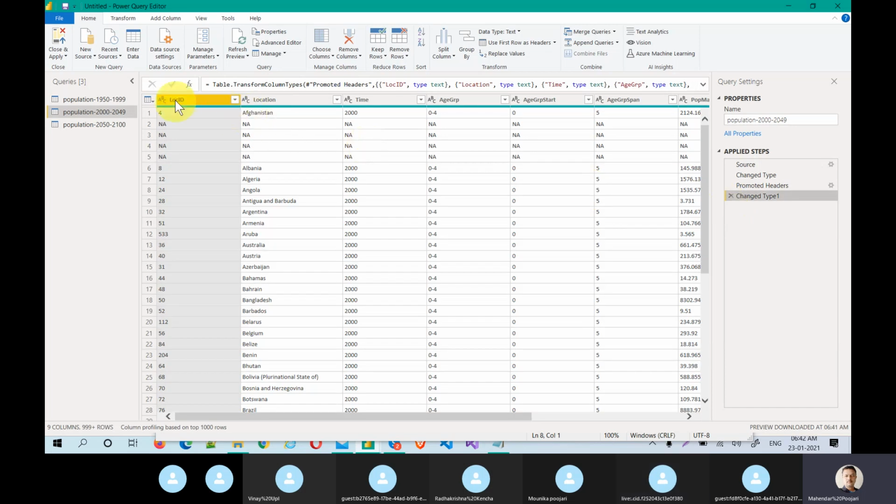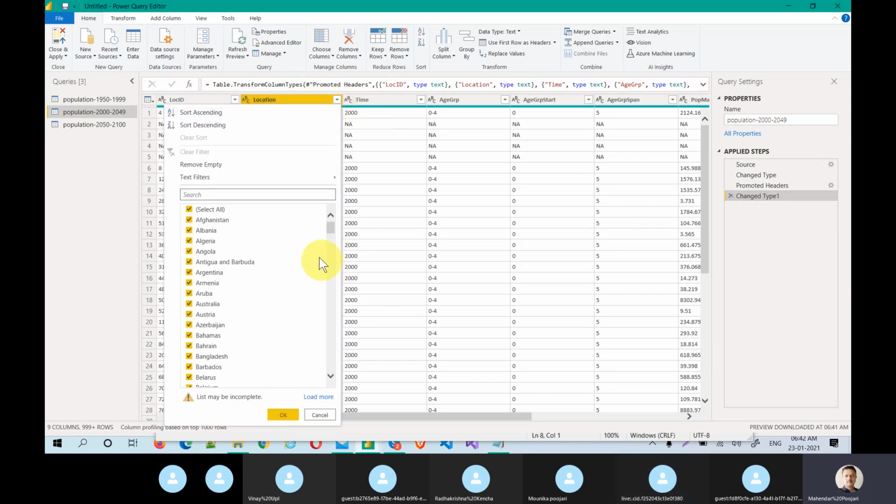So how can I go back? See, if you observe, the 2nd, 3rd, 4th, 5th records are all NA. You can do the operation by location ID or the location name. Location name is the right option, and again I don't want NA as a location, I want only valid countries.